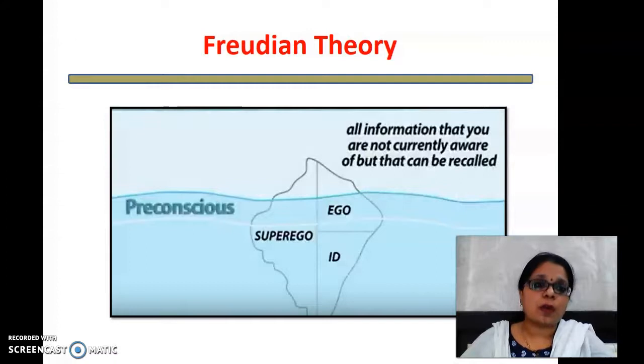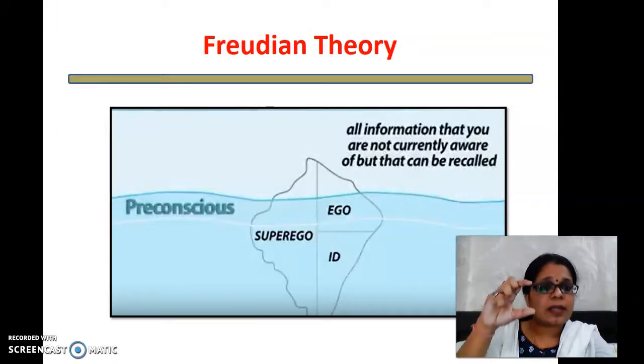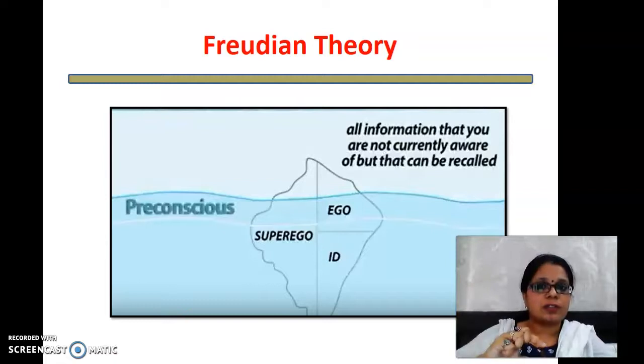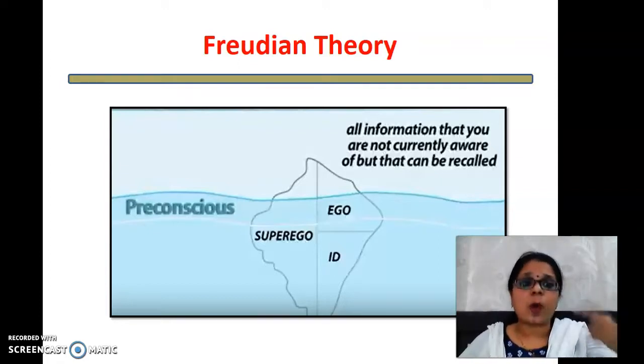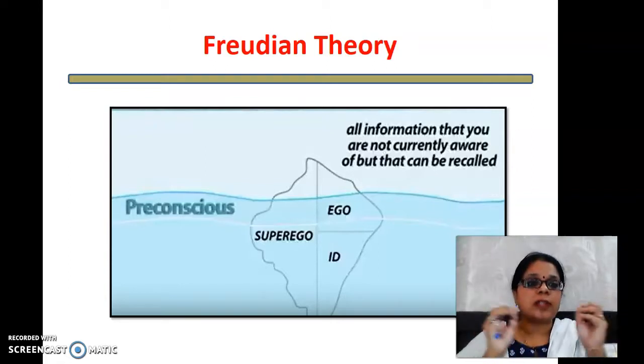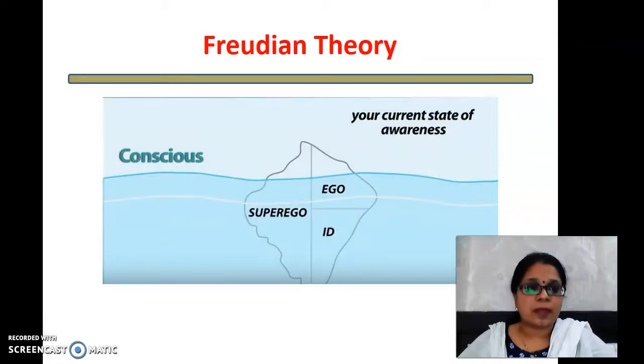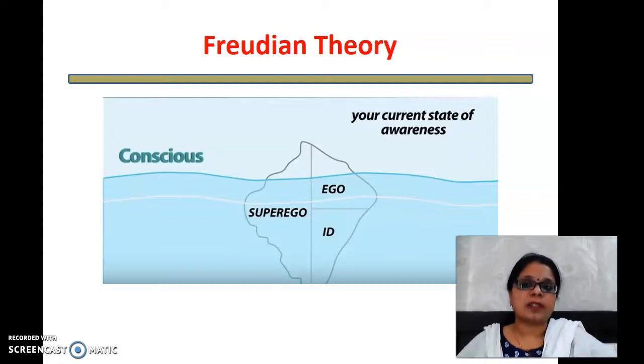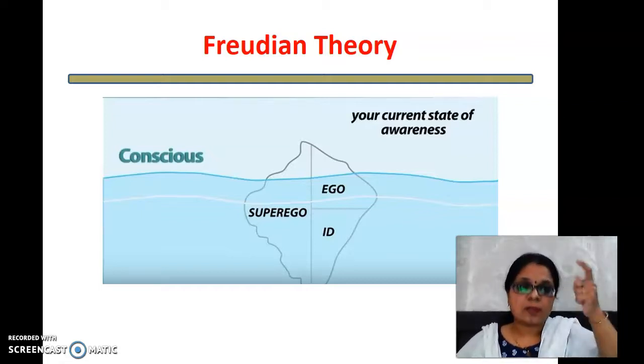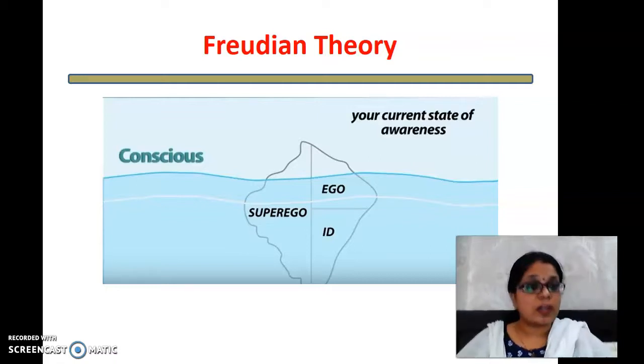Second is the preconscious mind. The preconscious state lies between the conscious and unconscious stages. It comprises all the information that we are not currently aware of, but we can recall it if we correlate with certain stimuli or a certain link to our previous experience. The third state of the mind is known as the conscious state. That is the current state of mind that we generally know. If we as consumers go in the market and start buying certain things, we generally have certain assumptions or factors in our mind, and we are in a very conscious stage.